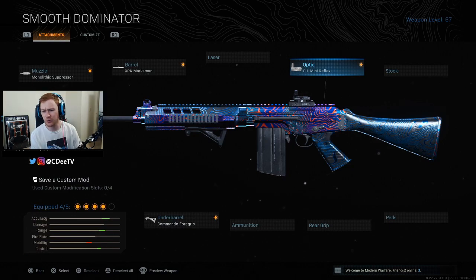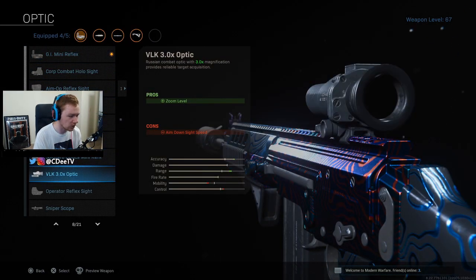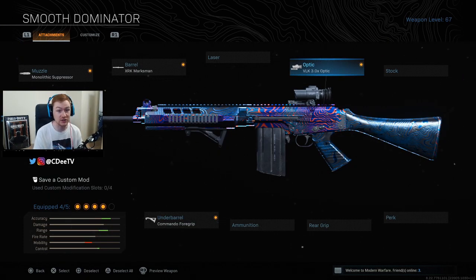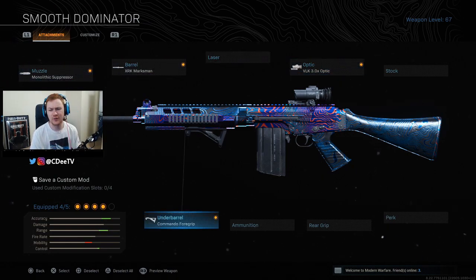Instead of the GI Mini Reflex, that was kind of my personal preference for closer range. I don't love the iron sights, and I've always liked the GI Mini Reflex, but for long range, we're going to go with the trusty VLK. This sight, I just love for any sort of long range gun that you're using, any sort of AR or LMG. We're going to keep the monolithic suppressor, keep the XRK Marksman, and then here for the underbarrel,